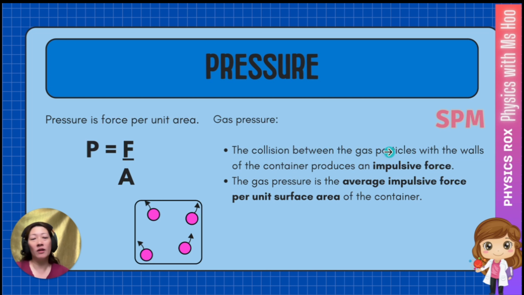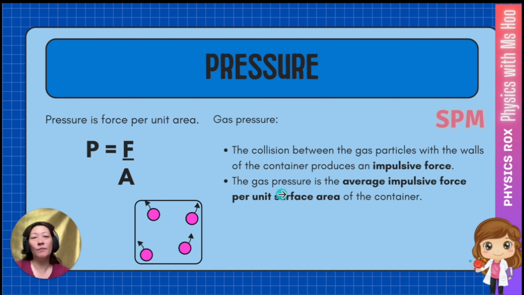That's why you talk about the collision between gas particles with the walls or the surface of the container, not the collision between the gas particles with themselves. By the way, if you are comparing the explanations between IGCSE and SPM, they're actually pretty much the same thing. It's just that IGCSE focuses more about momentum, whereas SPM goes straight to the point by discussing how the force